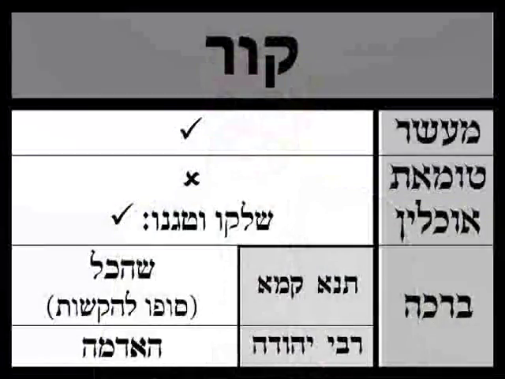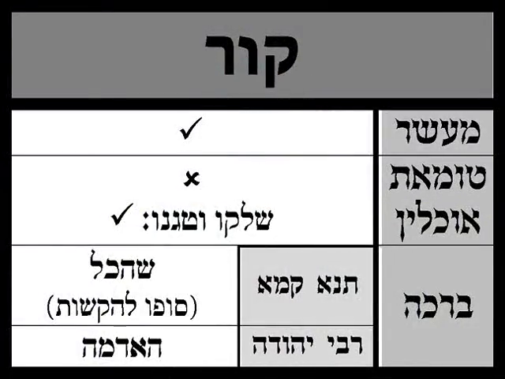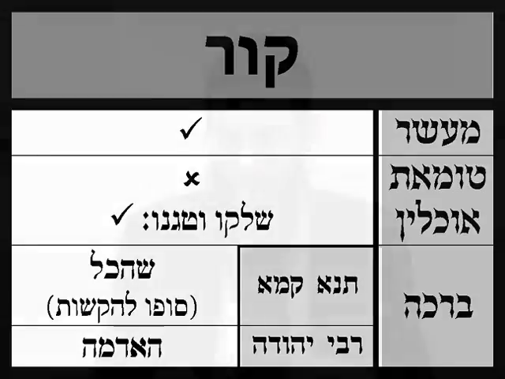So in conclusion, regarding the kur, one can purchase it from Ma'aser Sheni money, since it's fully edible in its current state. Regarding tumas oichlin, it's not classified as a food, and it's not mitama tumas oichlin. But if he sholka v'tignai, he extensively cooked it or fried it, that transforms it and is classified as a proper oichel with regards to tumas oichel. Regarding the bracha, Tanna Kama maintains it's shehakol, since it's going to harden. Rabbi Yehuda maintains it's ber pri adama. The Gemara concludes the proper bracha is shehakol.